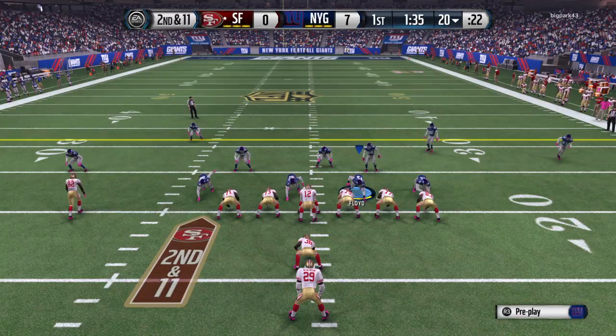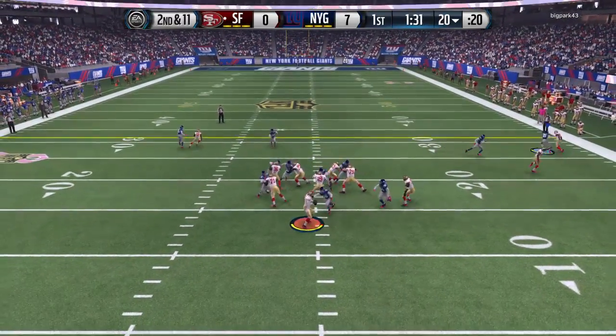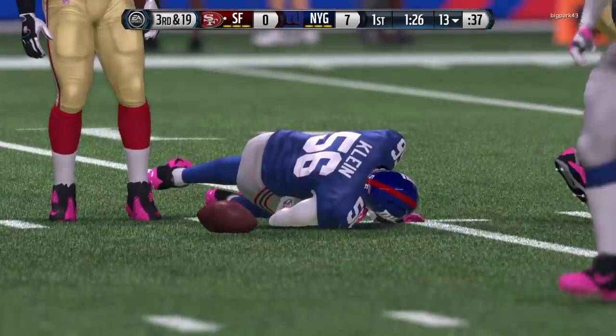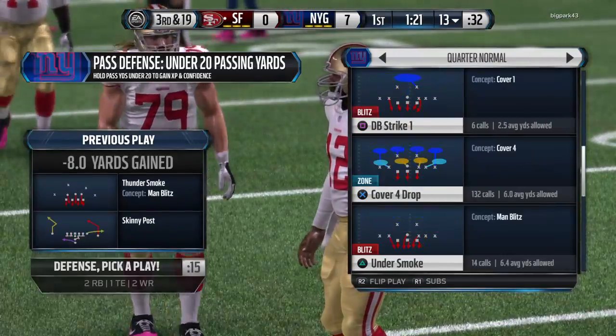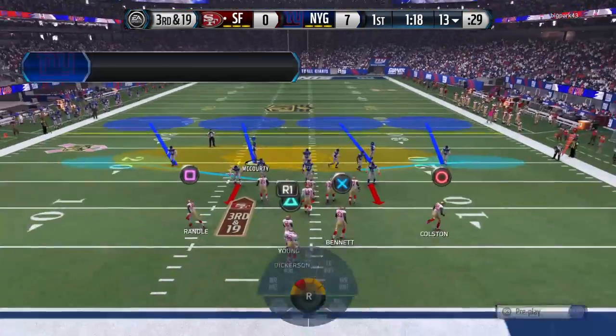The corners are going to meet the receivers right on the line of scrimmage. And they take him down. That's an awesome job by the outside linebacker. Gets a sack on the quarterback. And nowadays, you've got to do it all if you're an outside linebacker. You've got to be tough against the run, cover receivers down the field, and yes, plays like that get to